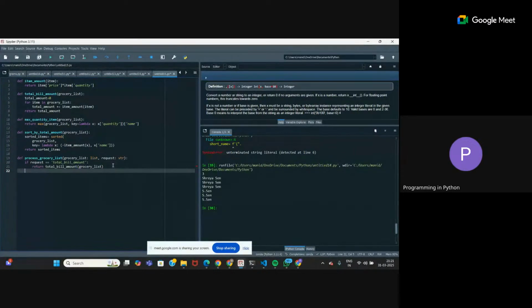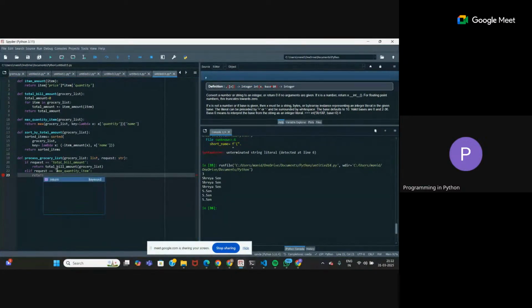This is one. Else if, the second request can be max quantity item. So for max quantity item, which one will you call?